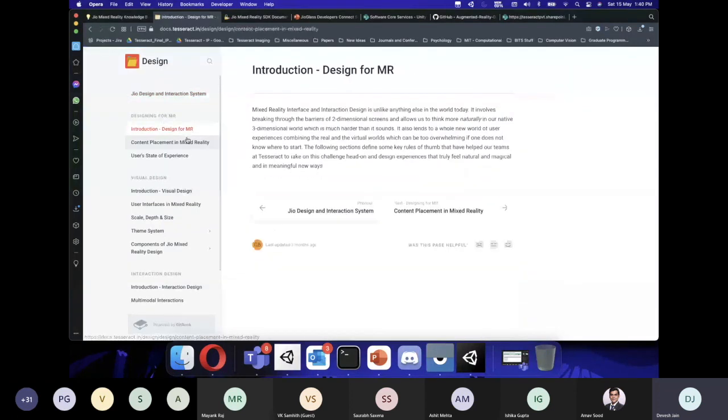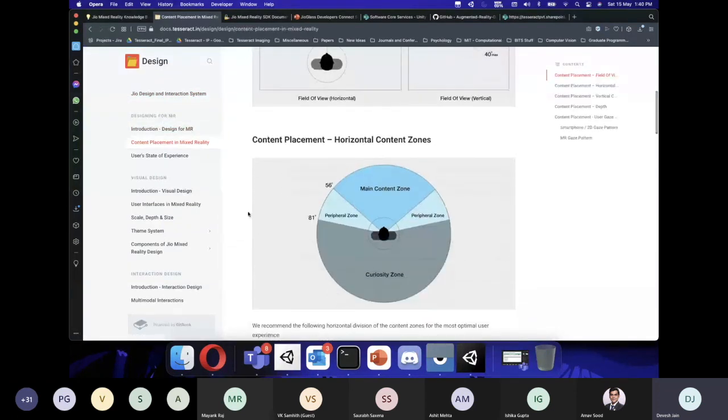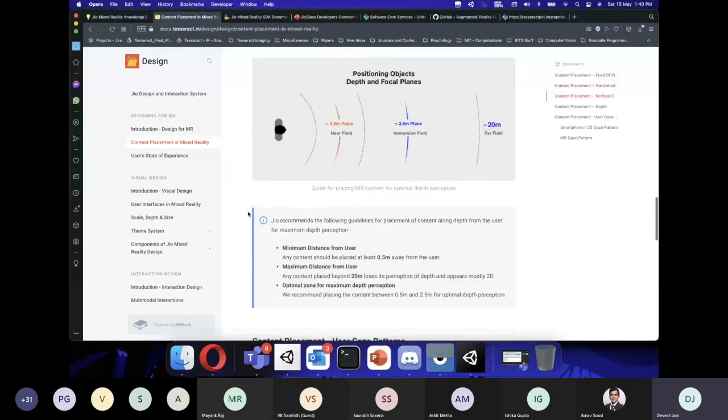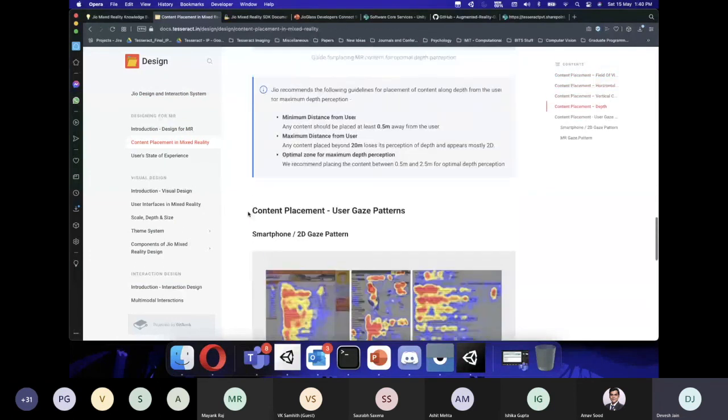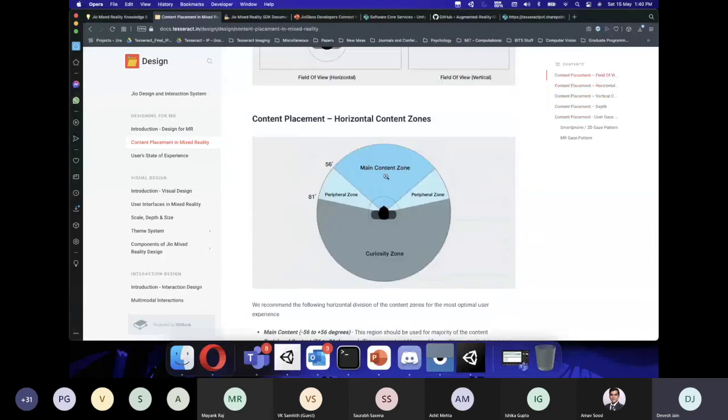It has some great references on the ergonomics of placing content in XR, and tells you how to optimize that as well. So that main content zone is where you keep the majority of your content, because users by default generally don't have the intuition to look left, right, or turn back. So if your gameplay is happening here, or here, you will most likely miss the user's attention completely, and they will say this app is not working, or it's buggy, it didn't load, and they won't go.